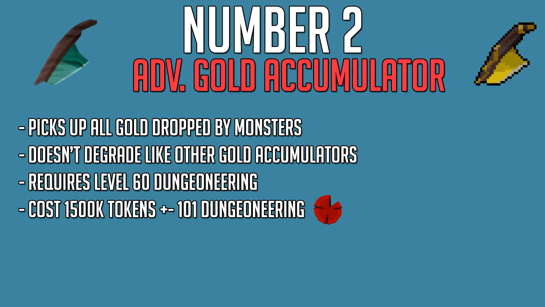Now the amazing thing about the Advanced Gold Accumulator, or any gold accumulator in general, is that it picks up your gold dropped by monsters, which is absolutely amazing. Have you ever felt like you didn't want to pick up the gold of a certain Slayer monster? Well, this item is there for you, but it costs